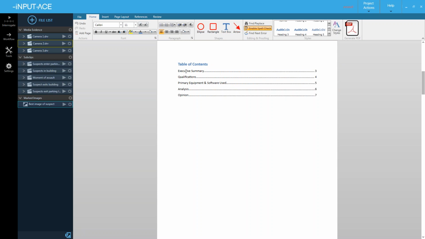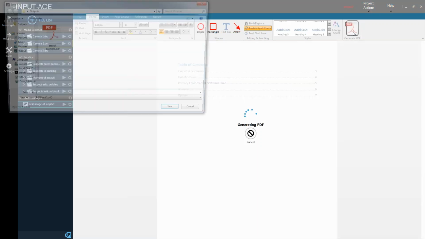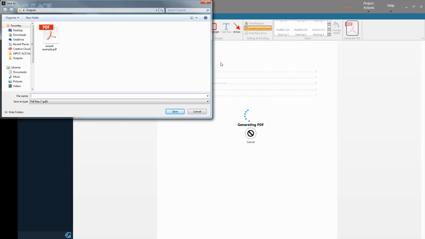And it will automatically update the headings that are being used in the report, and it will keep the page numbers where those headings begin. And when we generate the PDF report, these items will automatically hyperlink to those areas. So if I were to generate the report as it looks right now, as an example, and I'll just call this a FVA example,